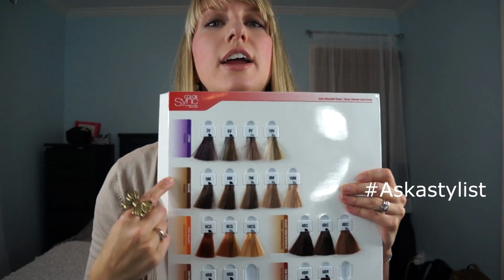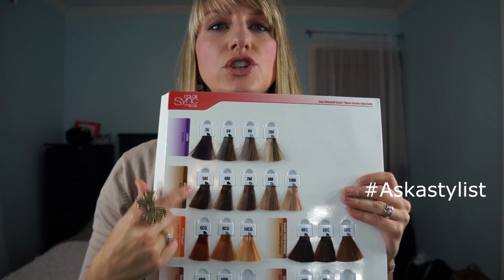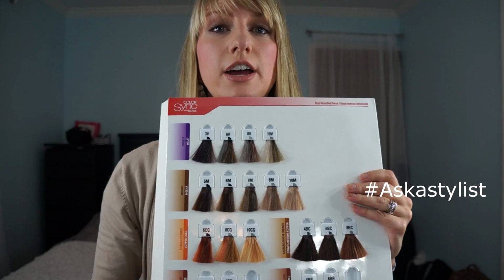So if you mix those together, you get a neutral. Orange and blue, and so on and so forth. In all hair color lines, you're gonna have different shades that are gonna have different undertones. So you're going to have violet toners and kind of ash green toners, and ones that have more of a bluish base to them,